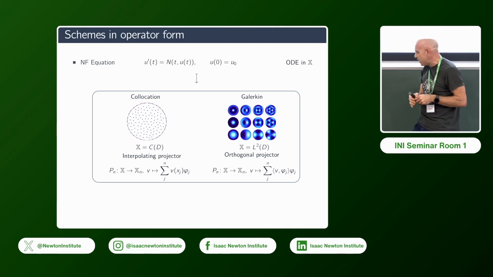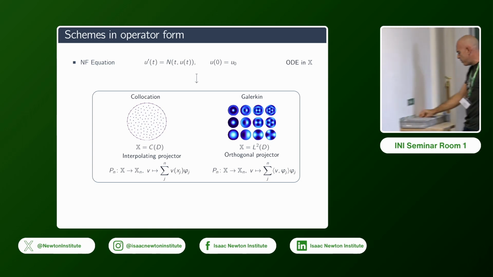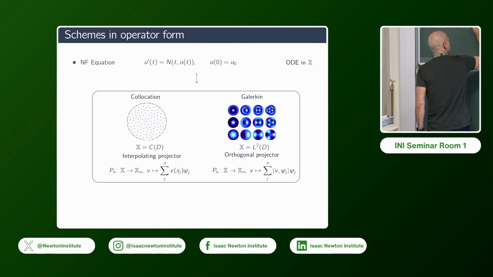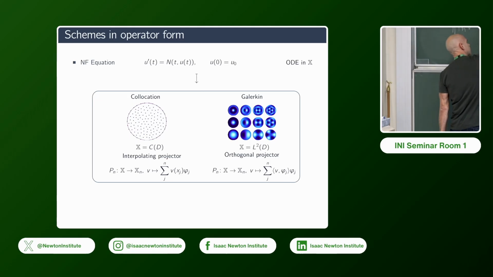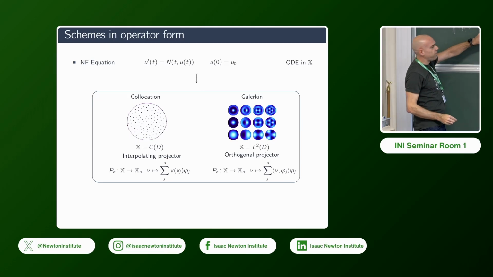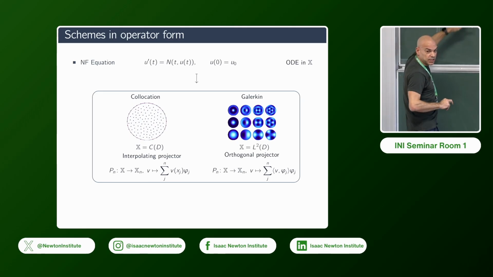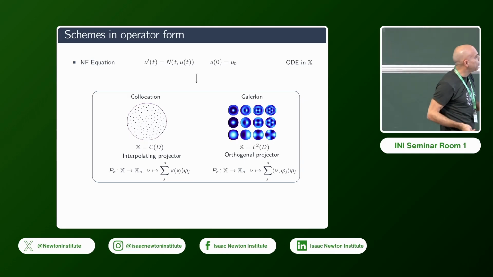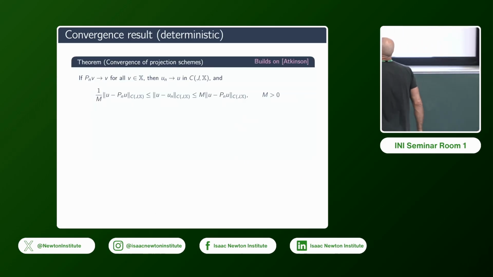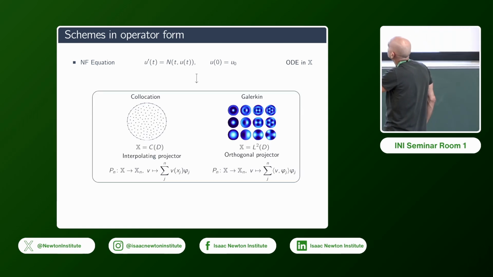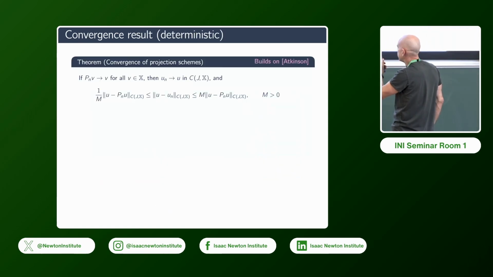So you can estimate the term P_n V minus V, which is how well a function V, a function of space, is interpolated, or how well a function of space is represented by including the first n modes of it. So this thing is under control if I know the, and this one is basically saying that the... Is m the same number, Daniele? Sorry? Yes, there is m and 1 upon m. It's just a scalar that doesn't depend on n. It's the same number, yeah?